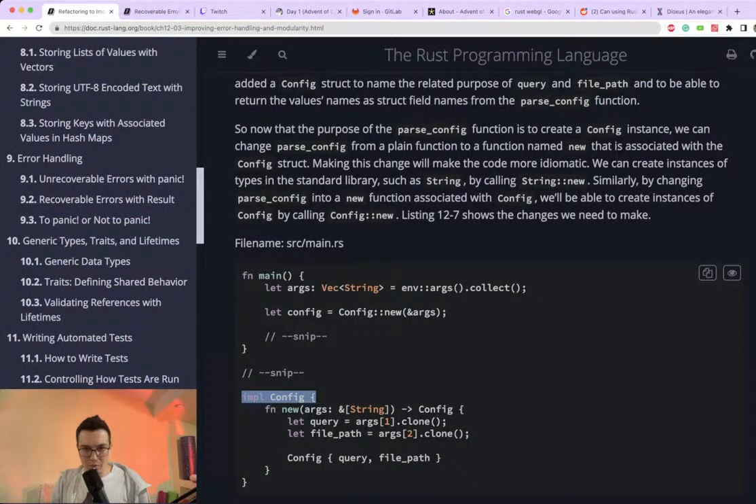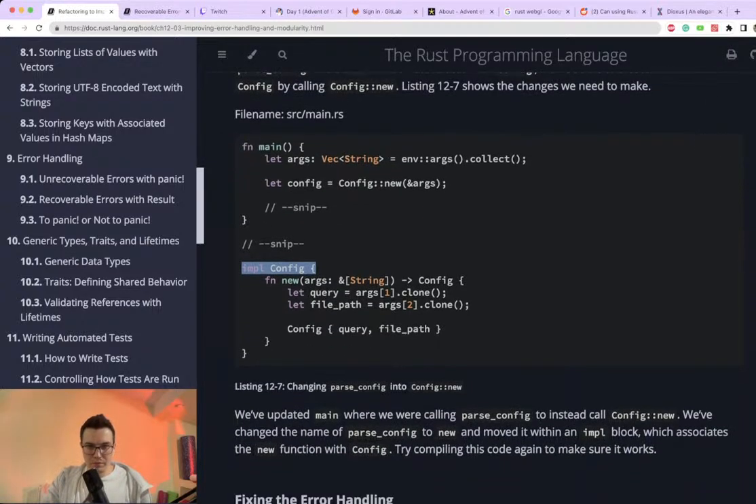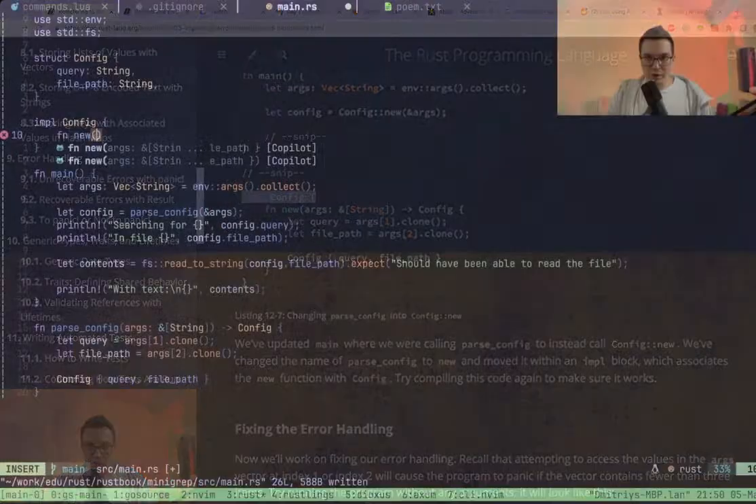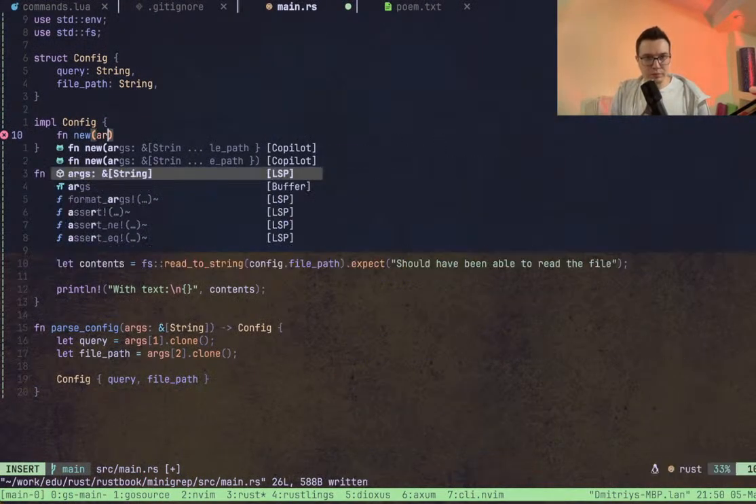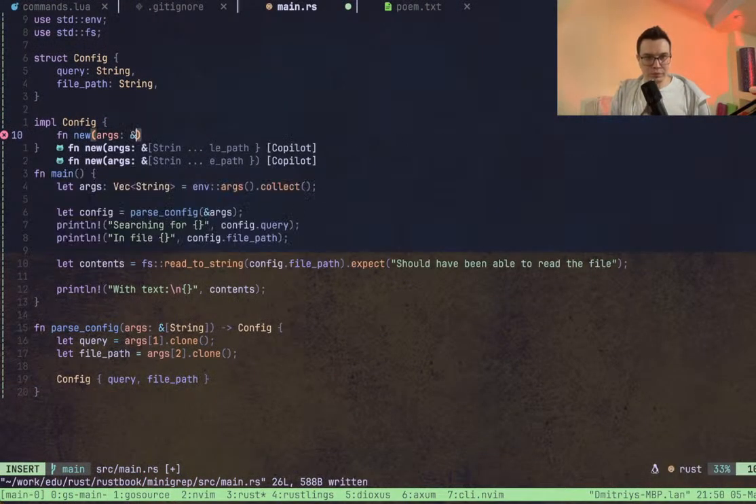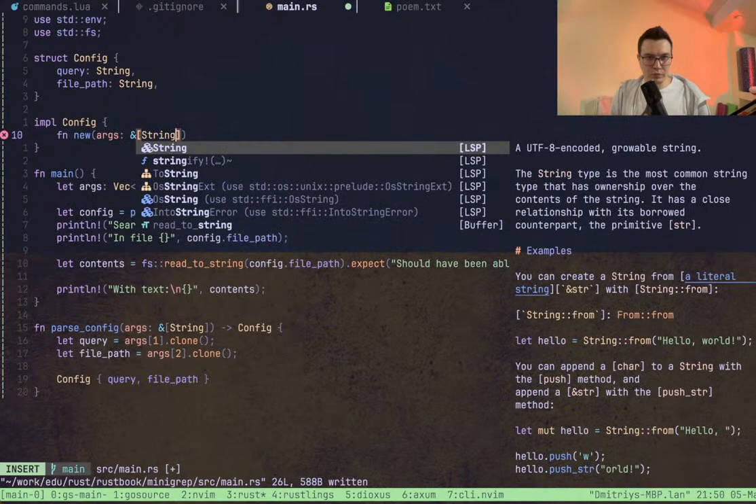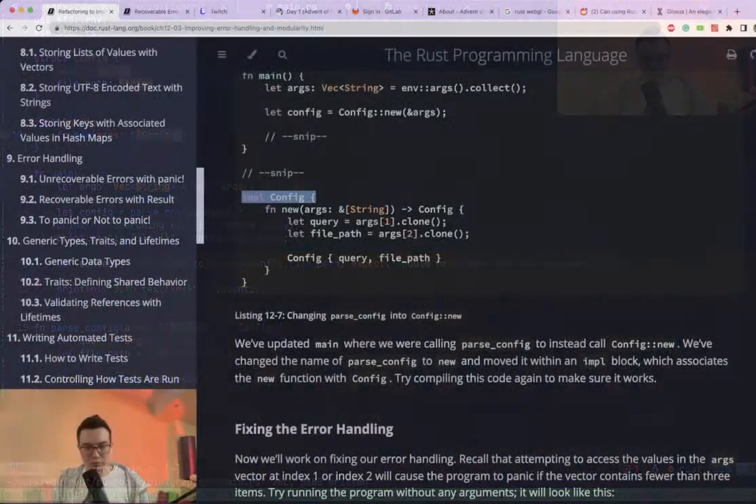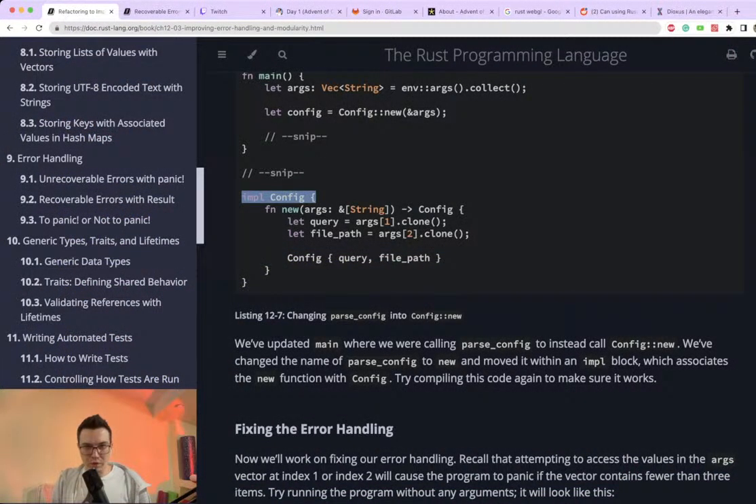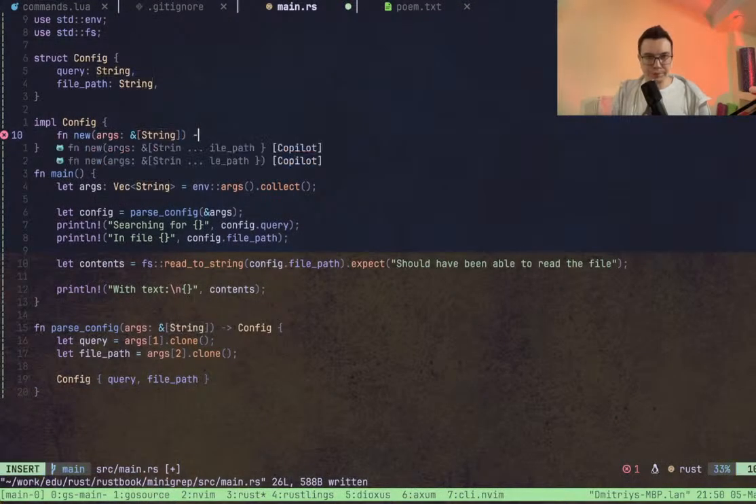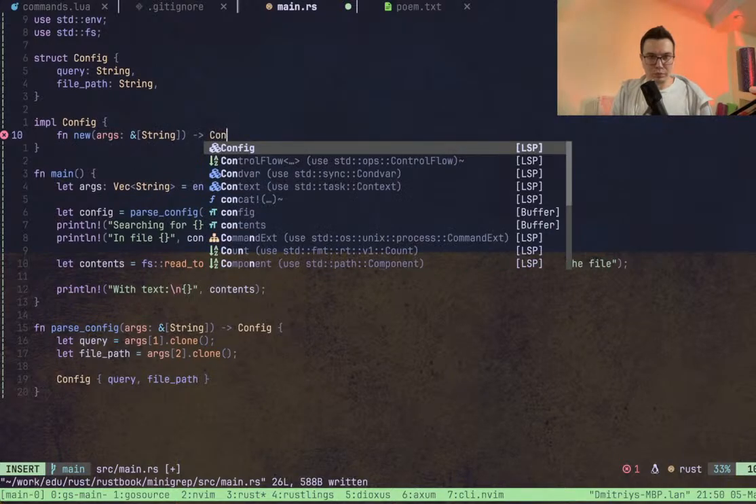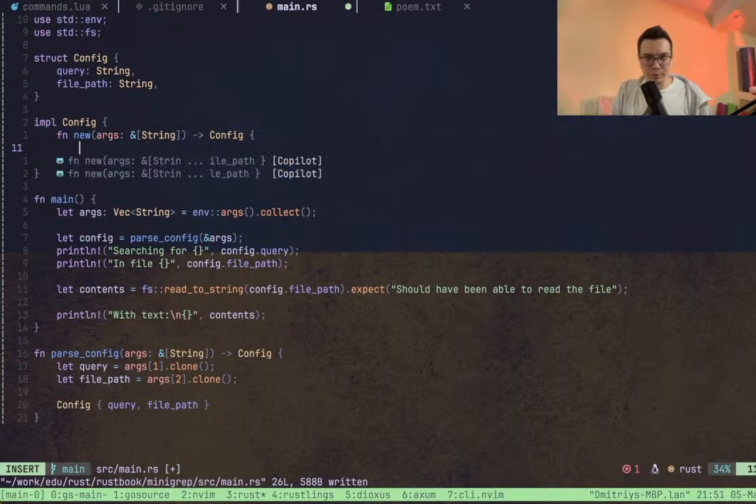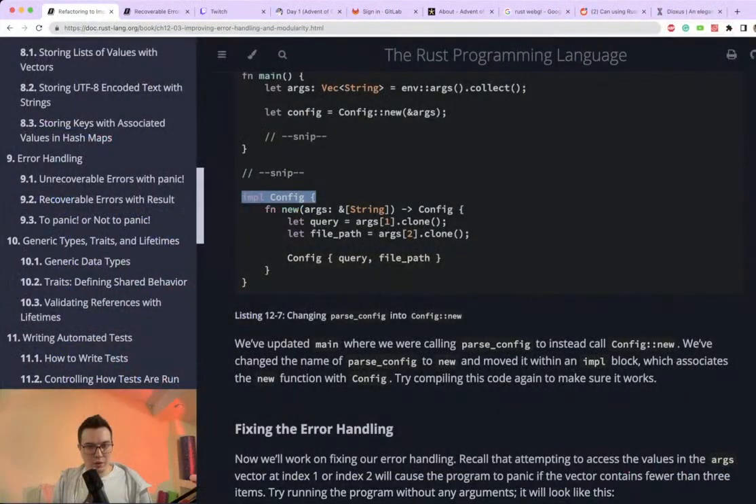And we put their reference to strings and return config. And yeah, basically